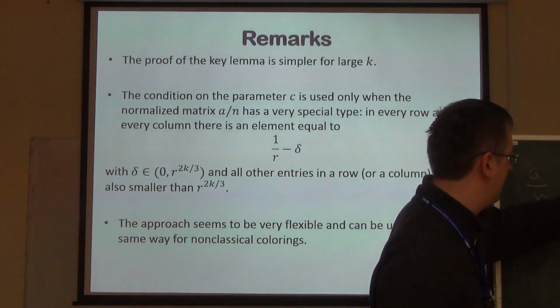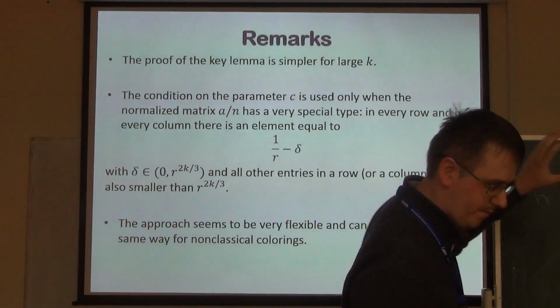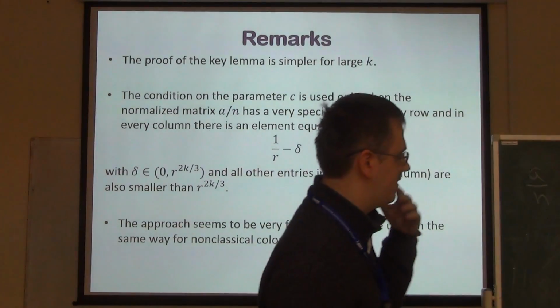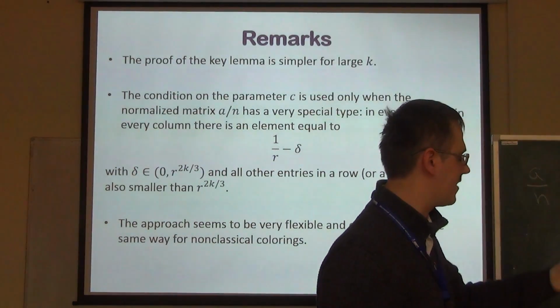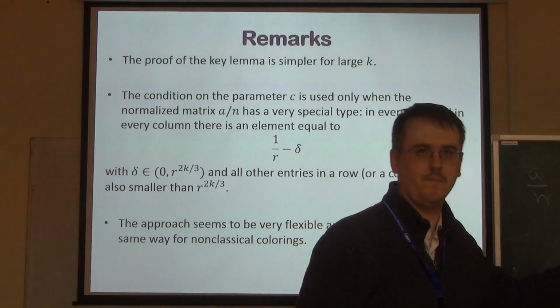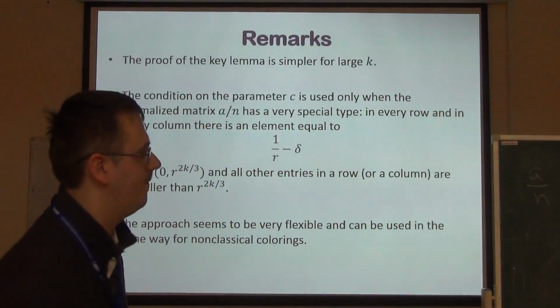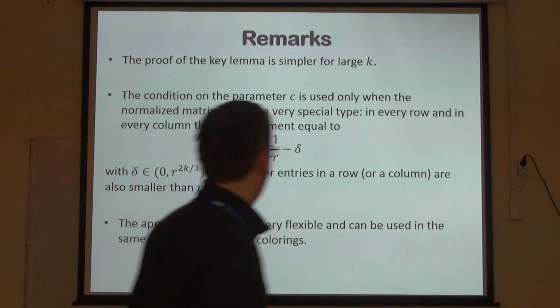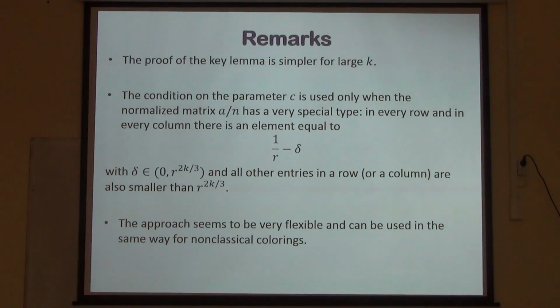in one color. If we have some vertex set of the first color in the first coloring, then the first color class of the second coloring is almost the same. So this is the worst matrix, which doesn't allow us to prove that the lower bound coincides with the upper bound. And this approach seems to be very flexible and can be used in the same way for other colorings,